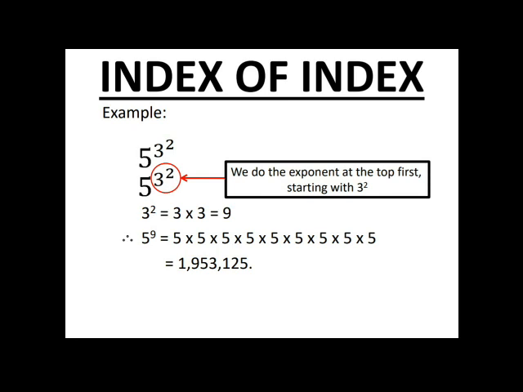In the example, we have 5 raised to the power of 3 raised to the power of 2, which means we have to deal with our 3 raised to the power of 2 first before we go to the base. For the expression 3 raised to the power of 2, we have 3 as the base, which means we will be multiplying 3 by itself. 3 times 3 will give us 9, which now makes 5 raised to the power of 3 to the power of 2 equal to 5 raised to the power of 9, which will be 5 multiplied by itself in 9 different places to give us